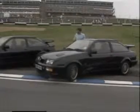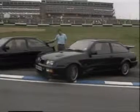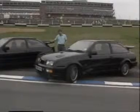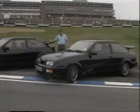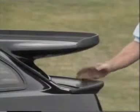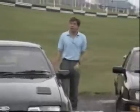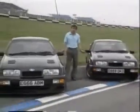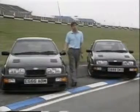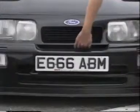Modifications began with this, an Evolution Special. The regulations permit a manufacturer to build 500 specials and incorporate those modifications on the racing car, hence the RS 500 Cosworth. Now we have this larger rear wing, the whale tail, 2-tier. In the engine there's a larger turbocharger and larger intercooler, which allows the power to be raised from 200 horsepower to 225. The front spoiler now has a lower chin for aerodynamics and also more ducting to increase the airflow